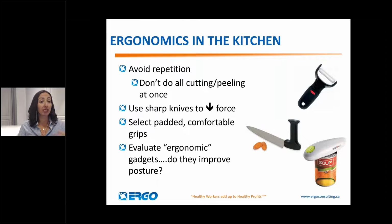If you are really tall, consider using a thicker butcher block as a cutting board in order to get the surface to a more comfortable height. Sometimes when I want a surface that's a little bit lower for something, I may even use my kitchen table rather than the countertop. I'll move where I'm working depending on what height is going to be more comfortable. You want things with padded and comfortable grips, but at the same time, I will caution you